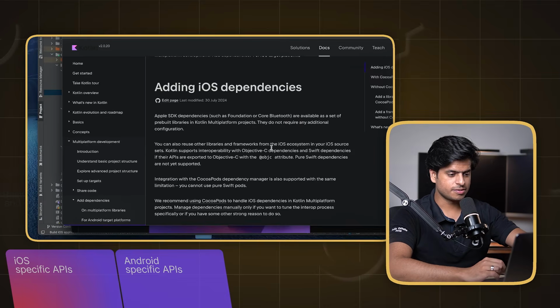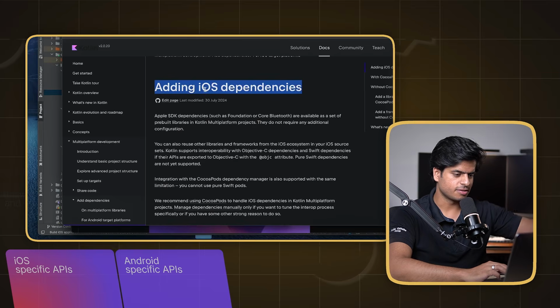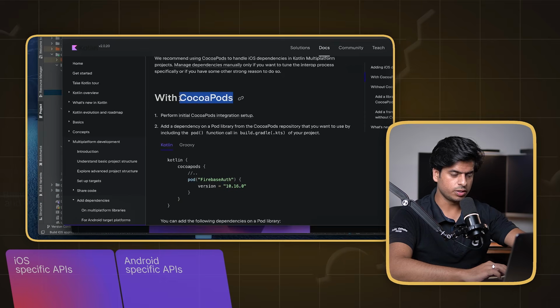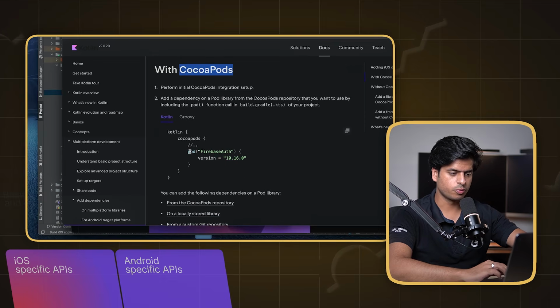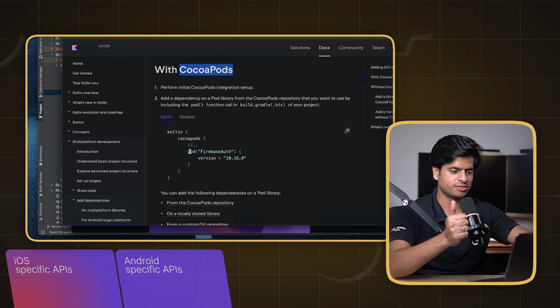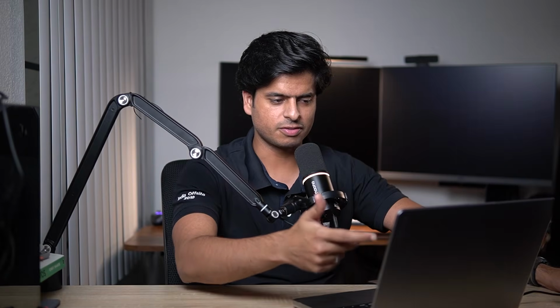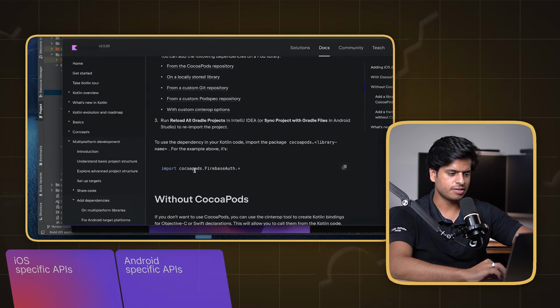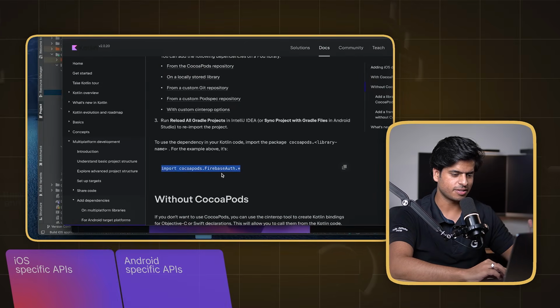The other cool bit is that it is actually interoperable with Objective-C. If you want to add an iOS dependency, say an iOS library written in Objective-C, you can use it with CocoaPods, and when you're using it with CocoaPods, you don't need to manage the Podfile yourself. The Podfile is managed by the build system, which is really nice. This is one of the problems I had with Flutter, where sometimes I have to change the Podfile and it becomes tricky. Once you do the setup, you can directly import your Objective-C code into your Kotlin code,